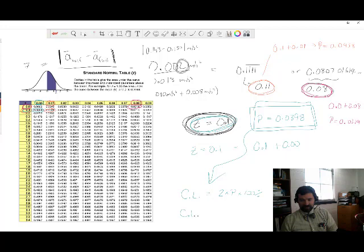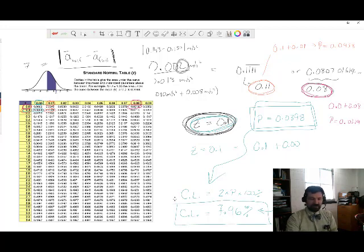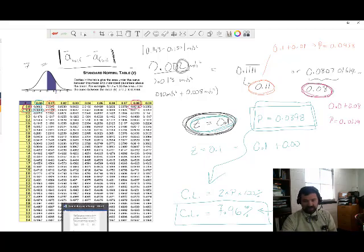So your confidence level in this case, you take that 0.0398 number, you multiply it by 2, you multiply it by 100%. What you end up getting is 7.96%. Okay, 2 times 0.0398 times 100% gives you this number here. This is your confidence level. So this is the number that you need to answer the question